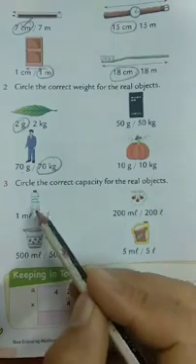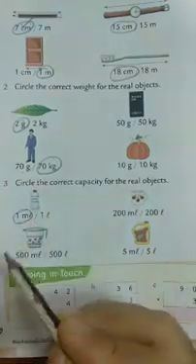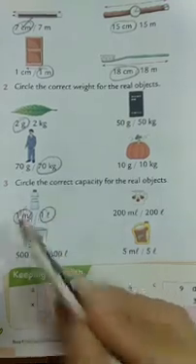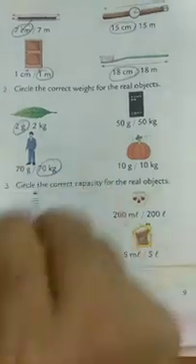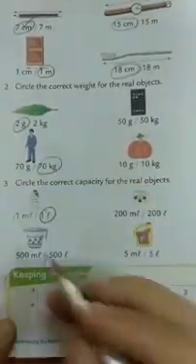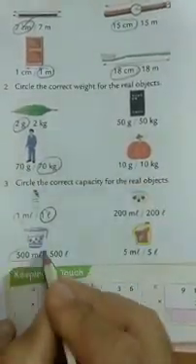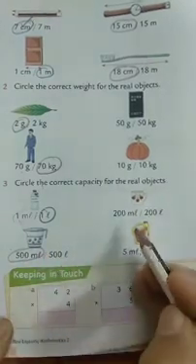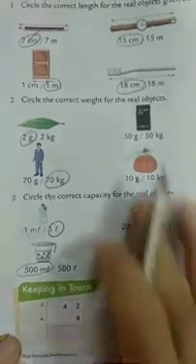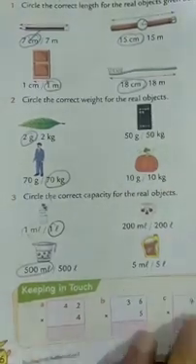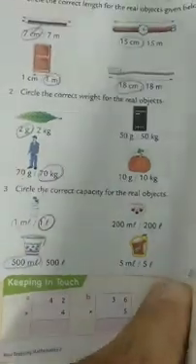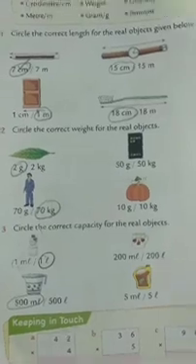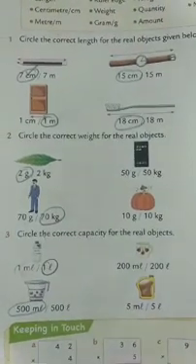So this one is milliliter. Okay, it is a water bottle, it can be 1 liter. So we can circle 1 liter. And this one is a jug, it is 500 milliliter, not 500 liter. 500 liter is a full tank, big size. Okay, so this way you can do the other parts yourself. Page number 156 I did, 157 you can do yourself. So this is all about your chapter.